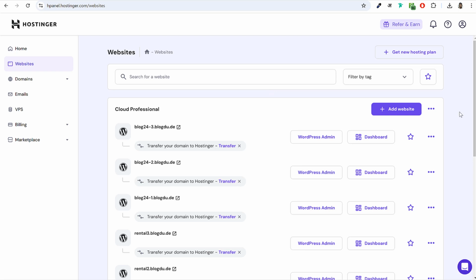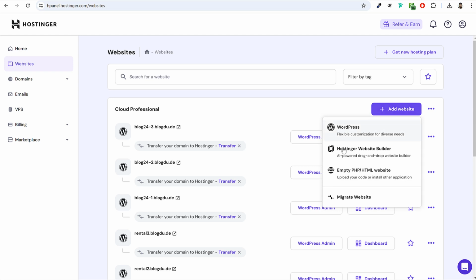If you want to use an external domain name, for example, many people already have domain names registered on GoDaddy, Namecheap, those kinds of websites. So if you already have a domain name registered on GoDaddy, Namecheap, or any other website, and you want to use that domain name with this Hostinger account, let me show you both the options, how you can do it. So first of all, to add a new website, you click on this button, add website,